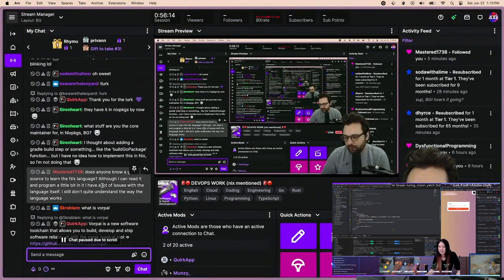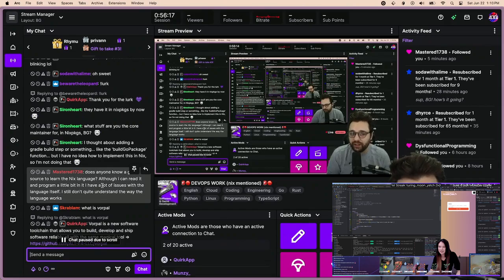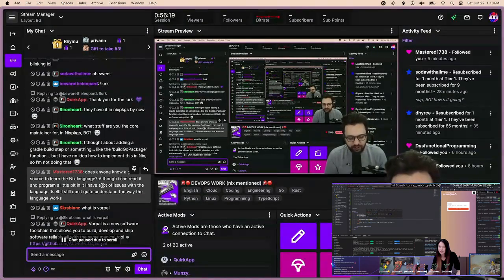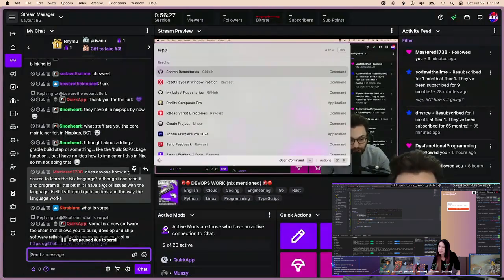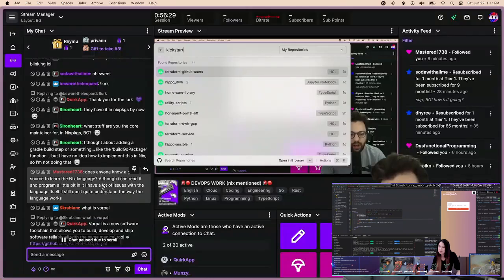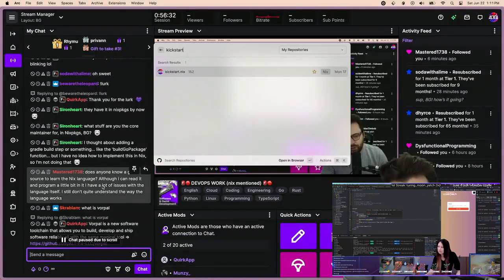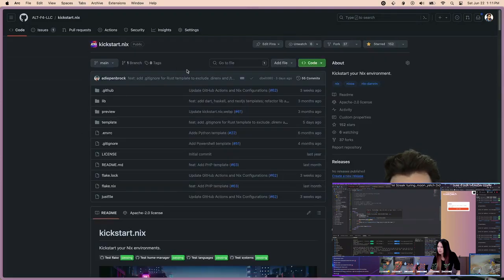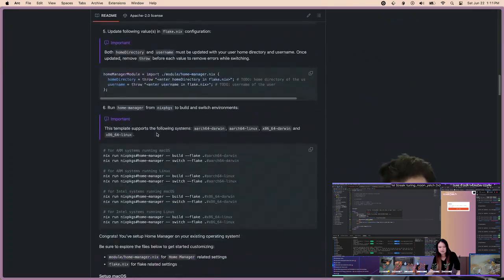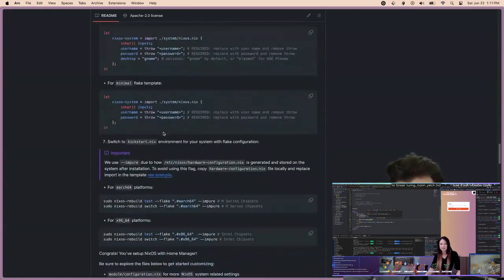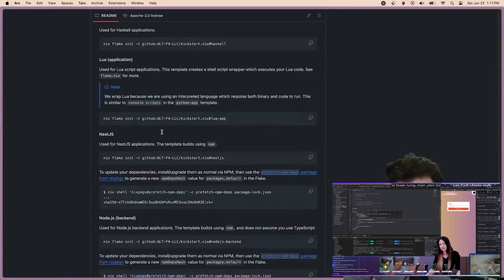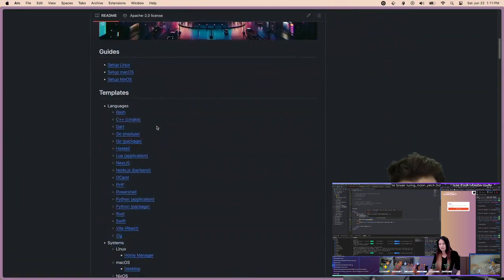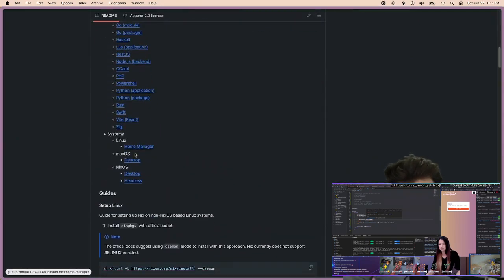So the first one is kickstart.nix. When I got into Nix and started learning Nix, I realized that I needed really good examples. I needed to actually see the code and what it looked like. And so we're working on and contributing more and more to a project called kickstart.nix, which is basically set up as an example and a guide to get you started with Nix so that you can start getting your hands dirty with it. There's a couple guides here down at the bottom where if you want to learn how to set it up on the actual NixOS operating system on a Mac,